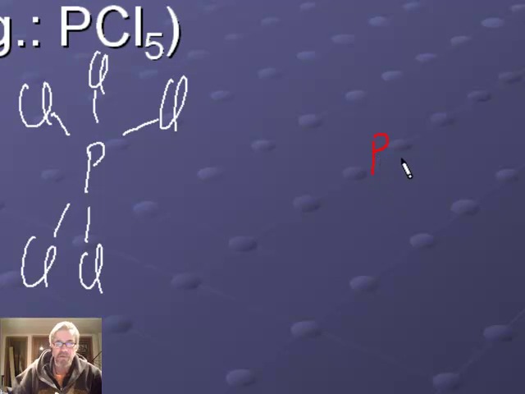I'll put the phosphorus in the center, and then I'll draw this triangle that sort of looks like a knocked over equilateral triangle. At the points of it, I'm going to put my equatorial atoms. So 3 chlorines on the outside. I can even sketch my little bonds in there. And then my 2 axials, put one up here, and then peeking down from underneath that central plane is my other one. So I have 120 degree angles between the chlorines that are in the equator inside that triangle, and then I have one up and one down at 90 degrees from that plane. So this is a trigonal bipyramidal